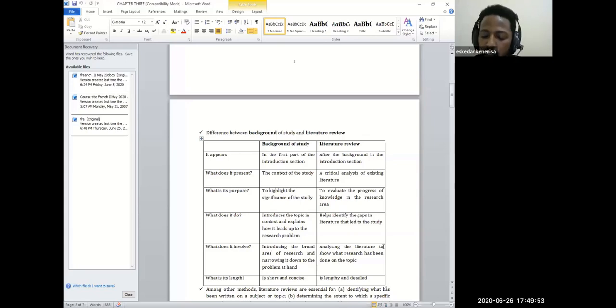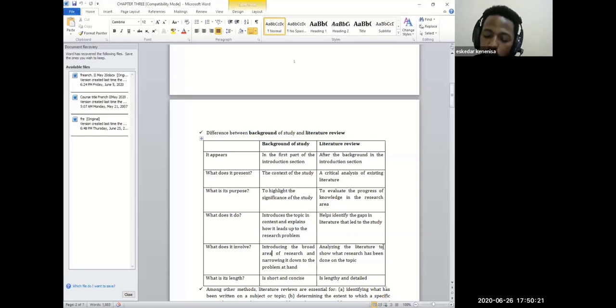After making this, you are going to generate a new framework and theory for your study. Particularly in small-scale research, this is not a task, or it is not an expectation from the students.